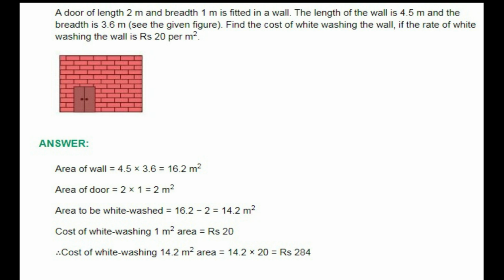Now we know the area to be whitewashed. The cost of 1 meter square is rupees 20, so what will be the cost of 14.20 meter square? If we multiply 14.20 meter square with rupees 20, we will get the total cost of